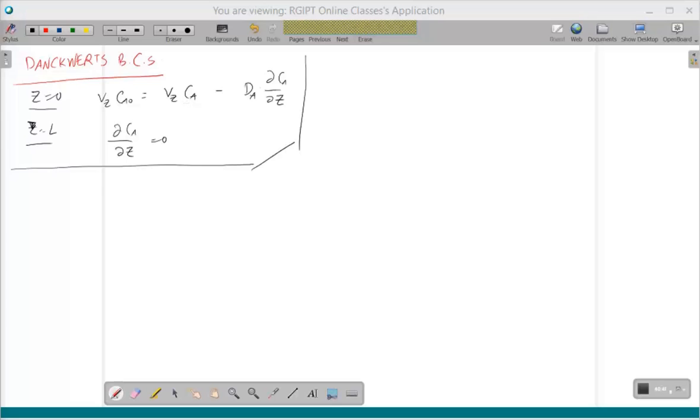So here, the way Ca behaves with respect to Z will depend on the constants. How many constants do I have? I have Vz, I have Ca naught, I have Da. These are the three constants which appear to basically affect the